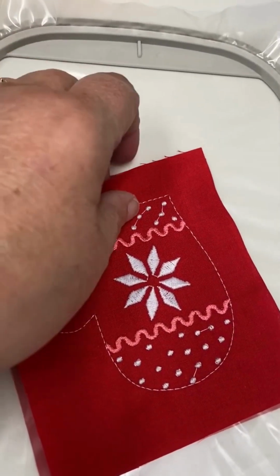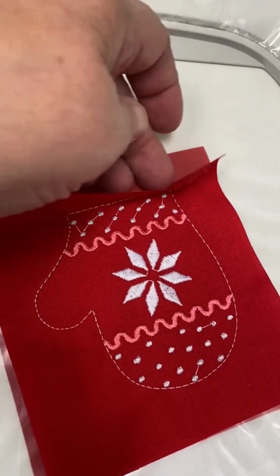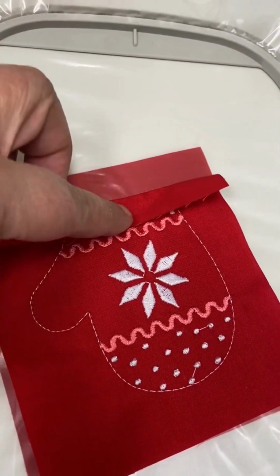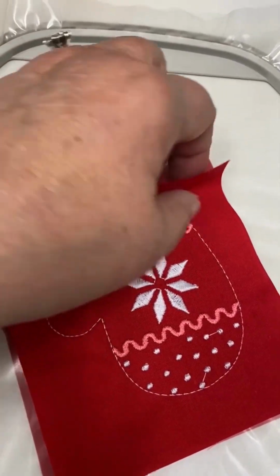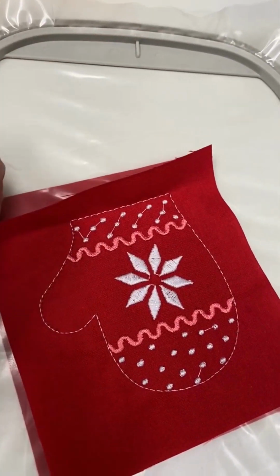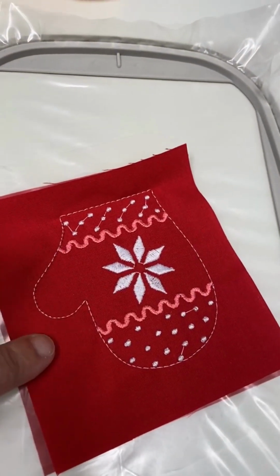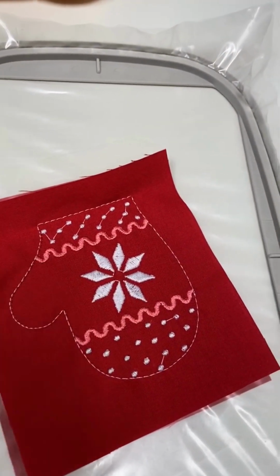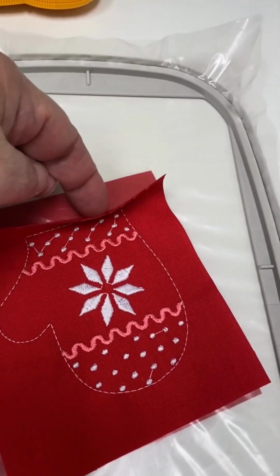So on this top, we are only going to go across here, the very top. We are not going to cut through this. We're going to cut the back, but we're going to come from the back and do that. So we're just going to take that one top off right here. We are not going to take it off down here because that helps us sew our pocket onto our background fabric. So right now we want to trim this,